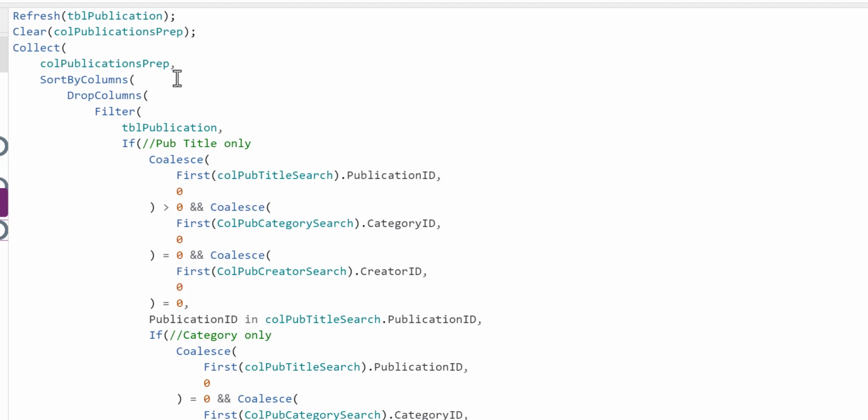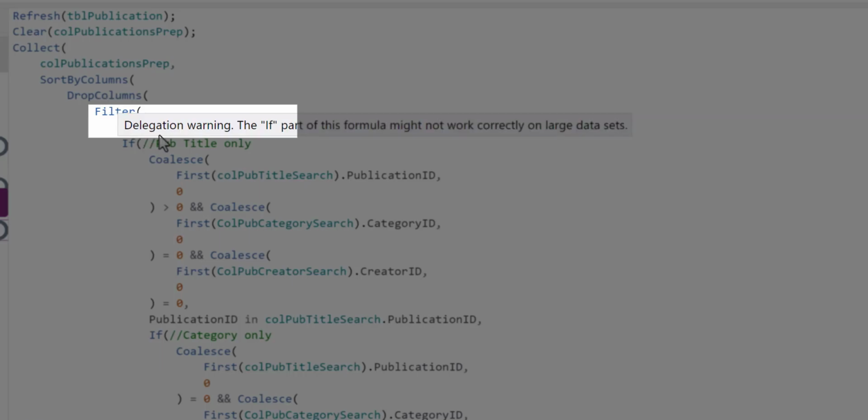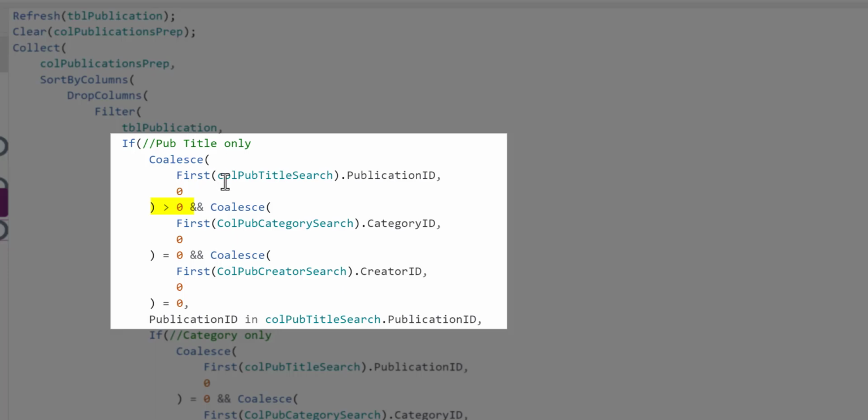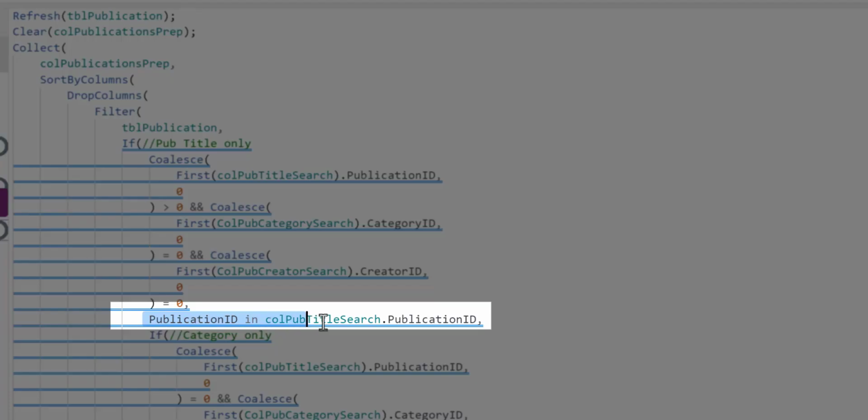The prep collection starts by bringing in columns from the underlying table, filtered against the publication titles in this